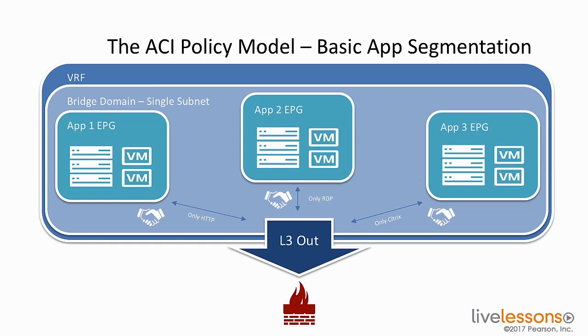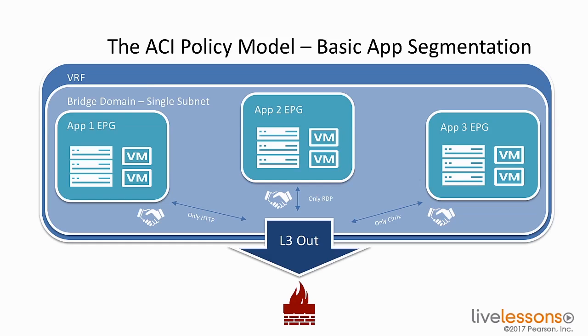For instance, in this case, you can see that I'm taking a single subnet and I am grouping the devices in that subnet into different applications. This always brings me back to what I used to do when I was a network administrator, and I would say my server VLAN is VLAN 10, and all my servers go in that VLAN. So if I'm a network administrator, and I've got all my servers in VLAN 10, but now I want to take advantage of ACI by applying some more security, for instance, to my application 1, application 2, and application 3, I can bring that subnet into ACI, and then I can take those devices and those applications and put them